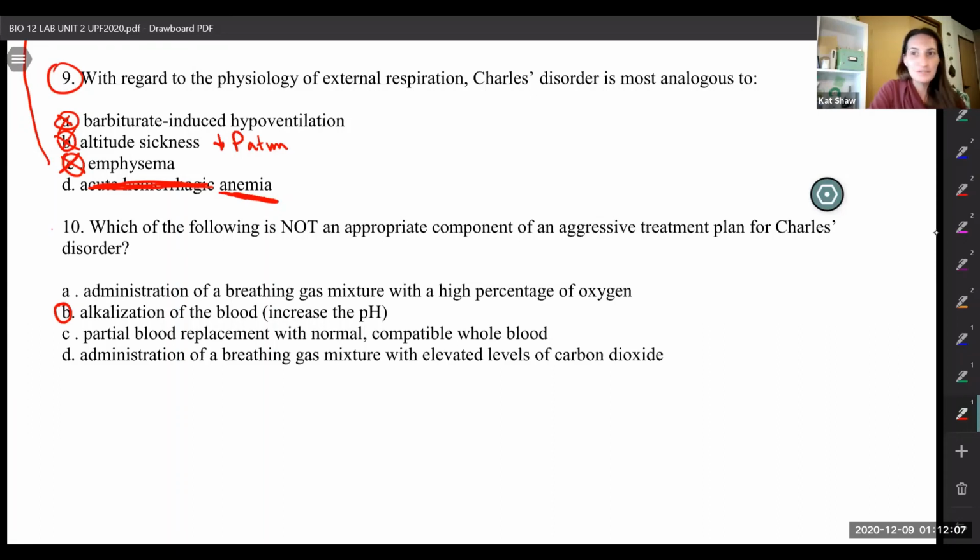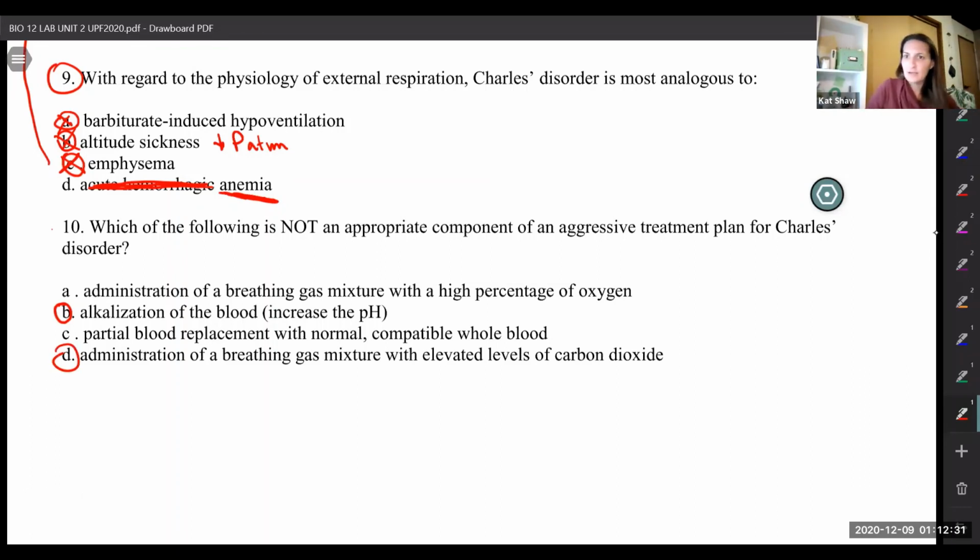So we don't want to shift that curve anymore, because that means that the hemoglobin will hold on to the oxygen that it's already carrying even tighter. We don't want that to happen. If anything, we want to do the reverse. We want to cause a right shift to help push that oxygen off, which is something that we can do here. For instance, D